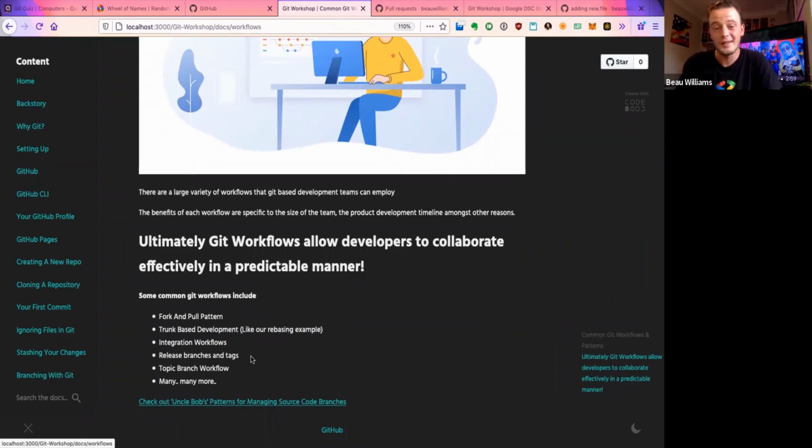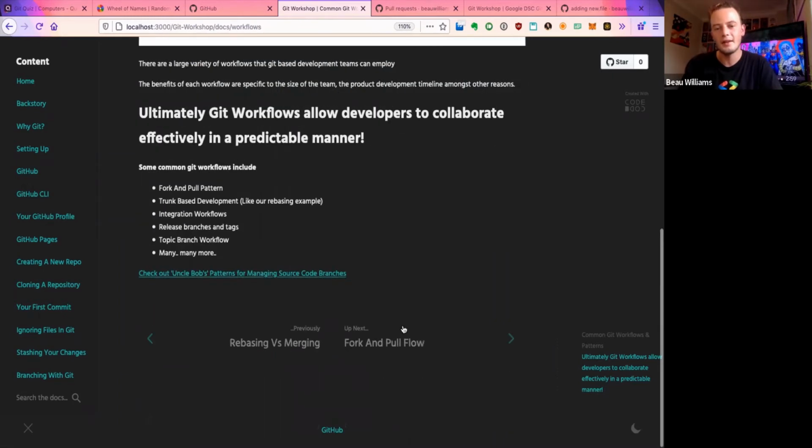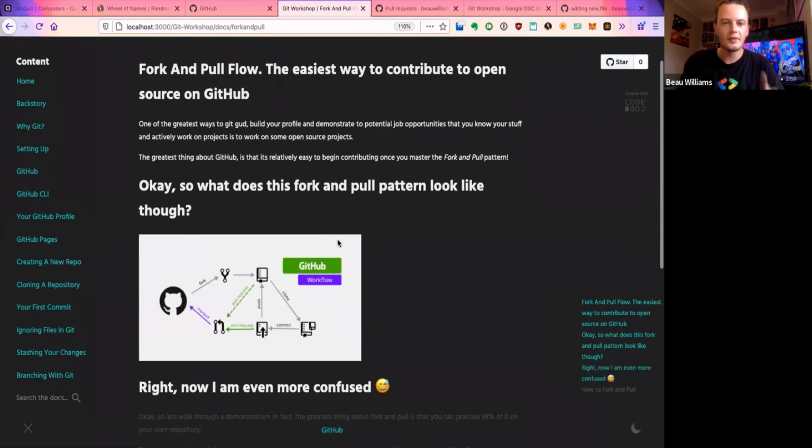You can have release branches and tags, and you can have topic branch workflow, and there are many, many more. Martin Fowler has a great deal of description of all the different patterns and workflows, so do check that out. I've linked that there. The reason why I wanted to bring up the fork and pull flow is because this is essentially the way that open source developers work on GitHub.